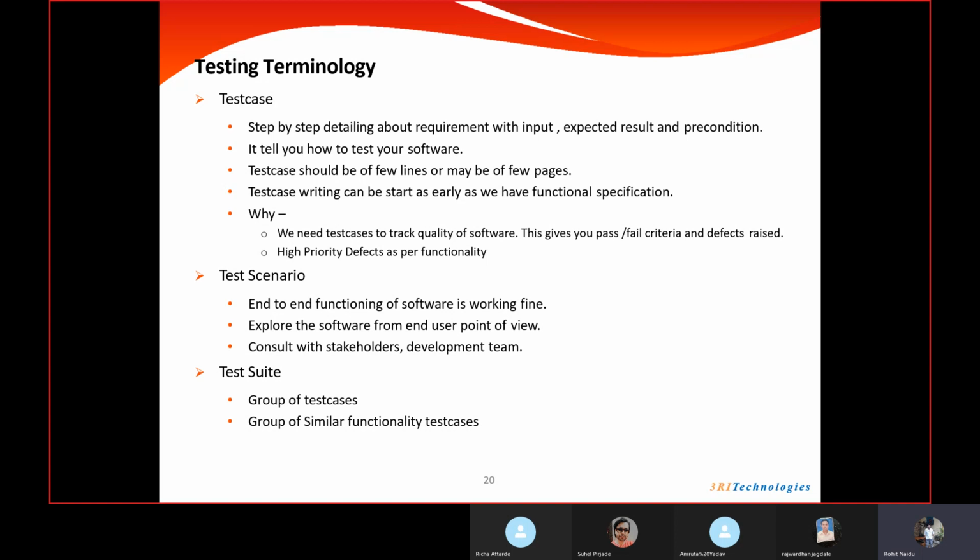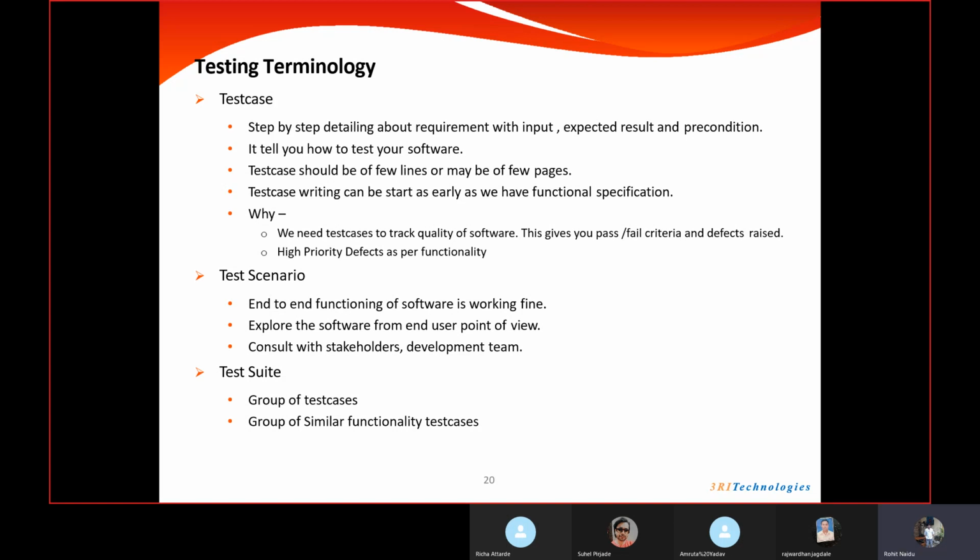Okay. And from the shopping cart, I will enter my card details, I will enter my address, I will click on checkout. And once my product is purchased, I'll go to the order section. I will see whether the order is successful or not. Then I will log out and I will close the application. This is a scenario for purchasing the shoes. This entire flow or this entire process is called a scenario.